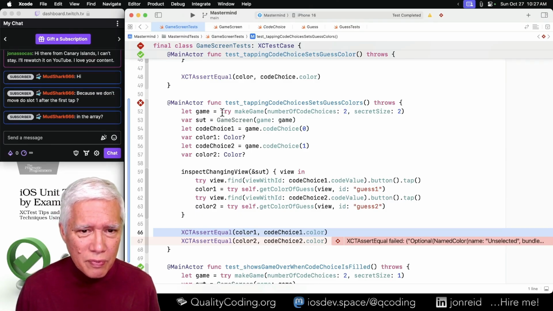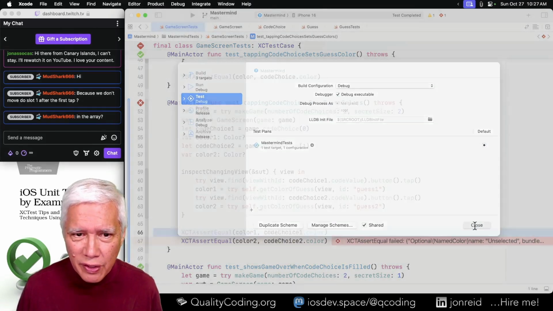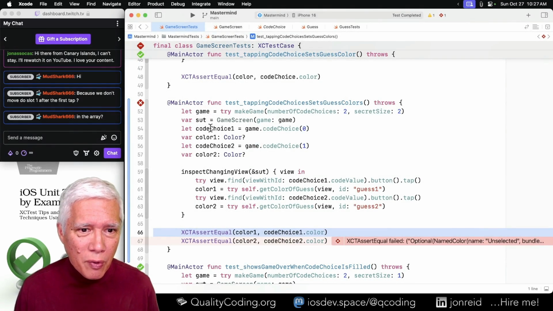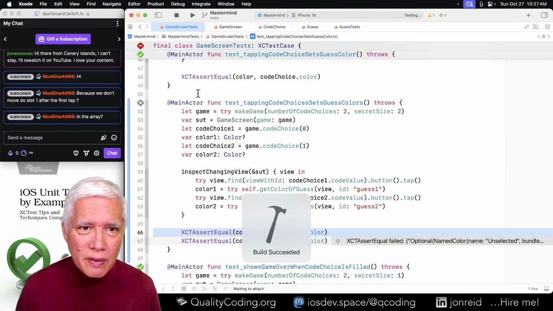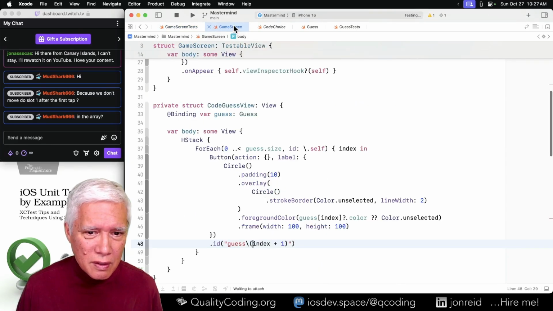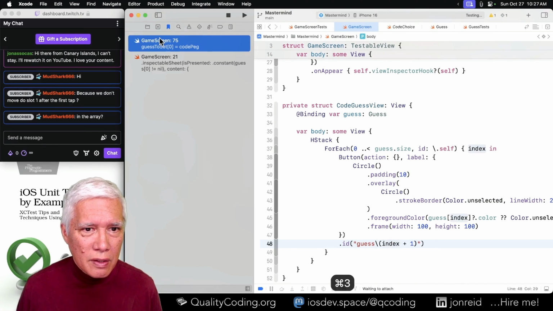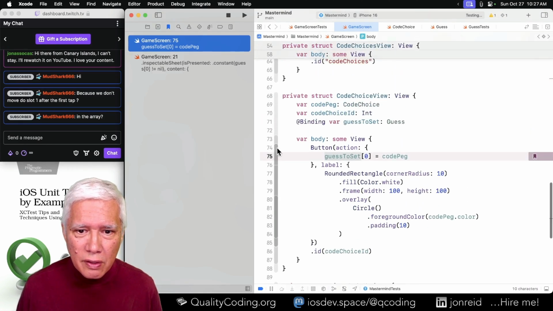Let me turn on debugging, keep the debugger off as a rule until I want it. And let's run this one test in isolation. And let's put a breakpoint here.